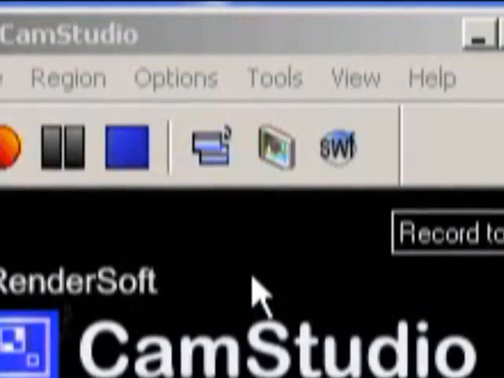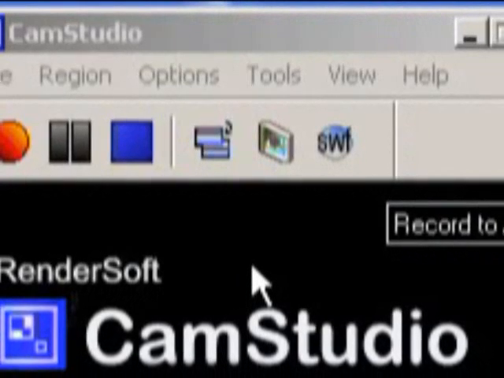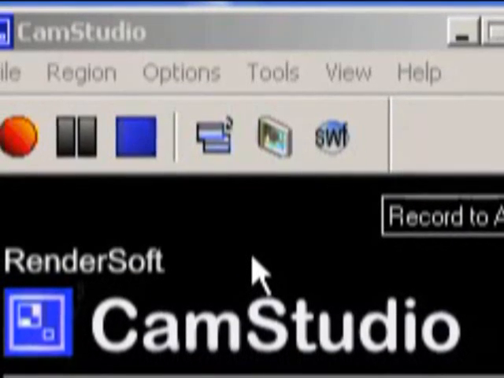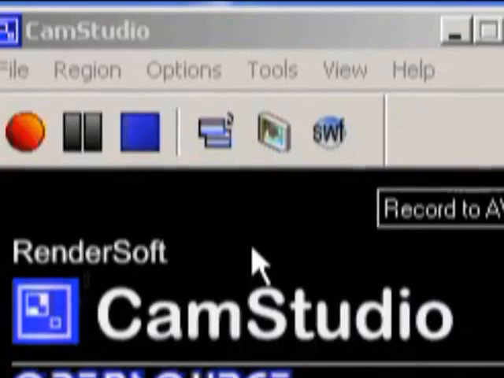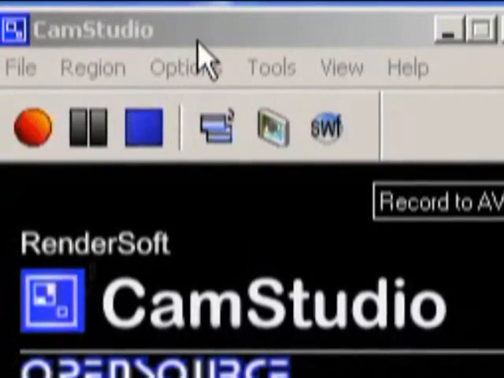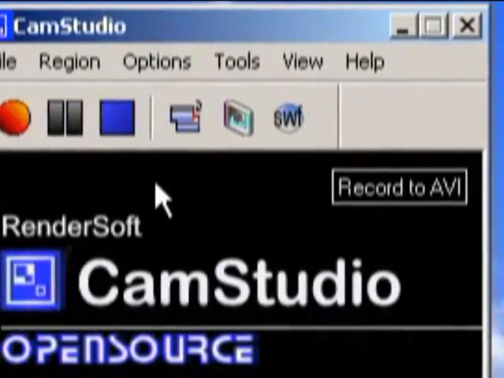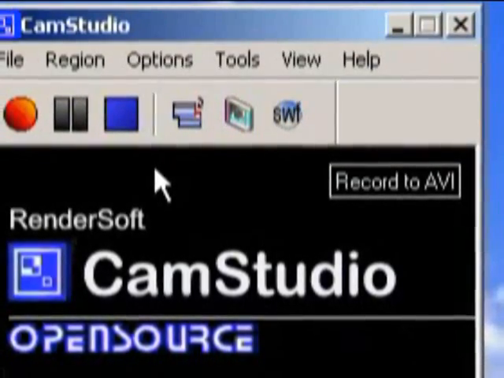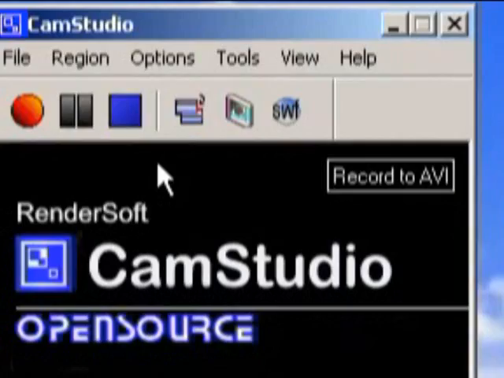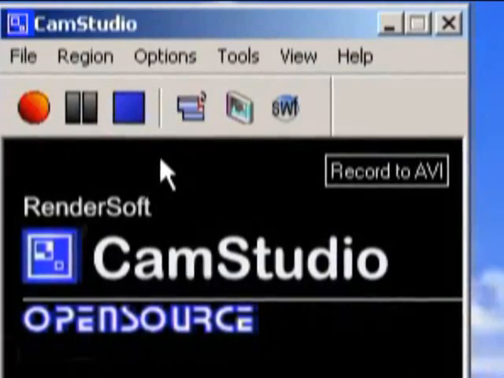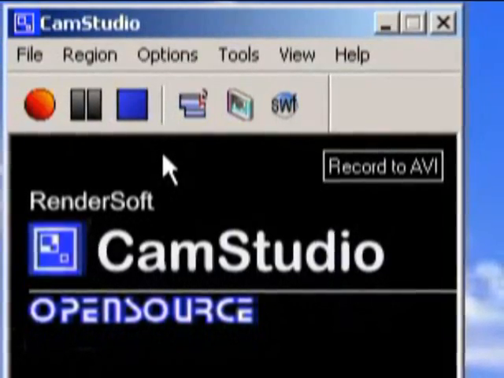In this tutorial, I'll be showing you a little-known program called Cam Studio. Cam Studio is the program I'm using right now to capture what you're seeing. Everything I move on this video is captured by Cam Studio, so it's a screen recorder. It's absolutely free. It's open source, so you can see the source code for it, and it's a really great